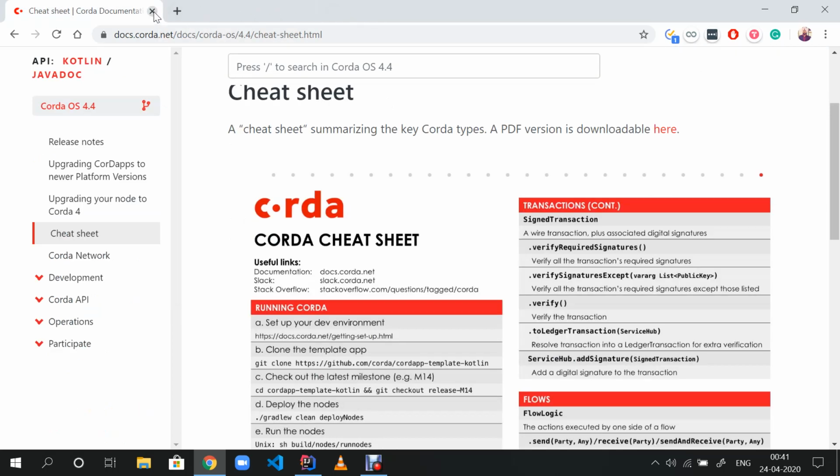And let me just assure you, Corda is one of the most prominent blockchain platforms out there.